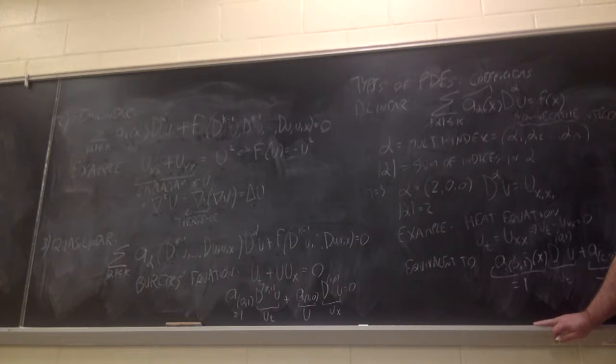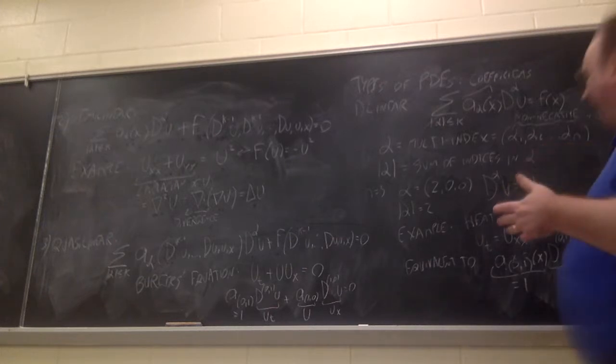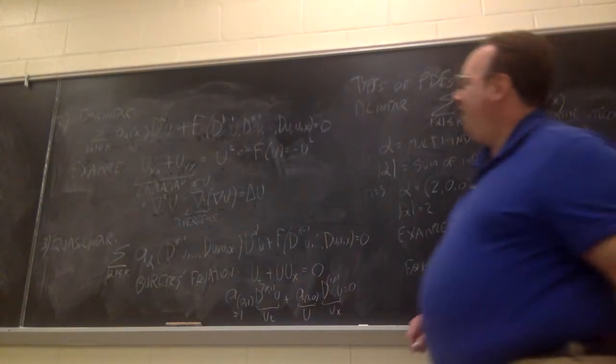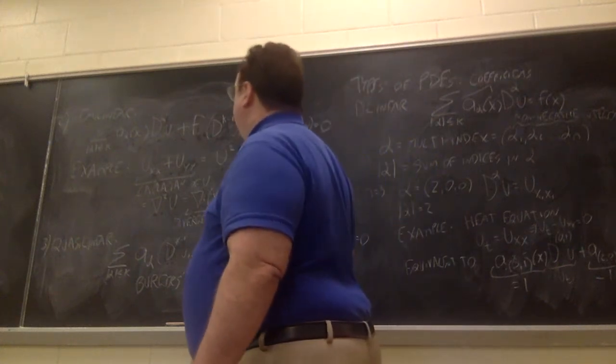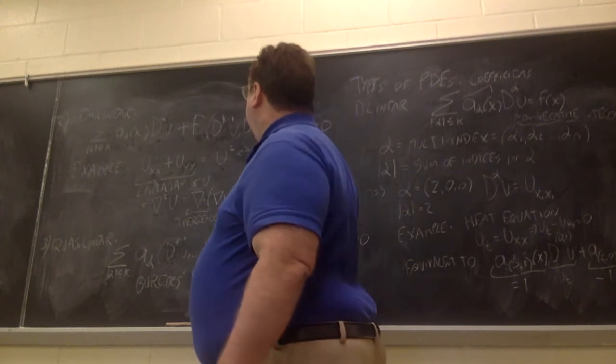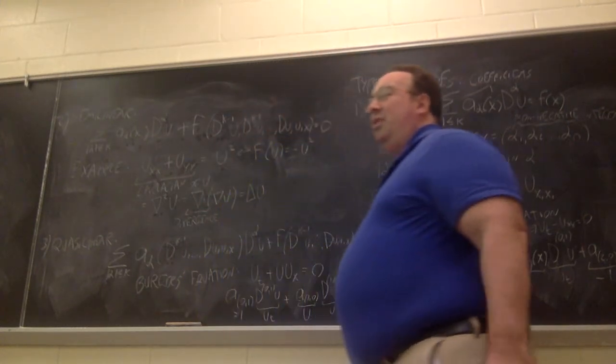Okay. I'm not sure if that answered. Okay. All right. So if coefficients depend on anything up to x, like they could be constants, functions of x, that's linear. The moment any u dependence sneaks in there, depending on where it pops up, then it's either semi-linear or quasi-linear. Certainly not linear anymore.